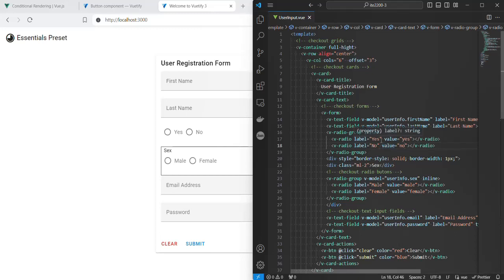But we then need a v-model to save whether they press yes or no, because you have to know which one they selected. All right. To do that,